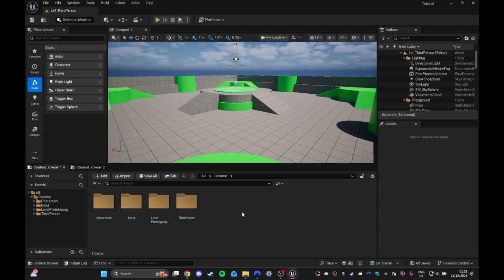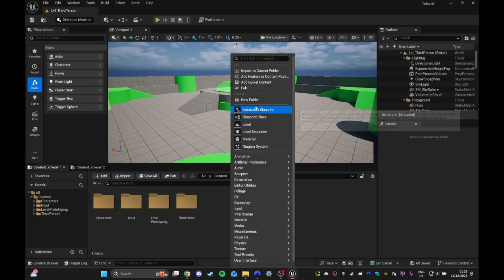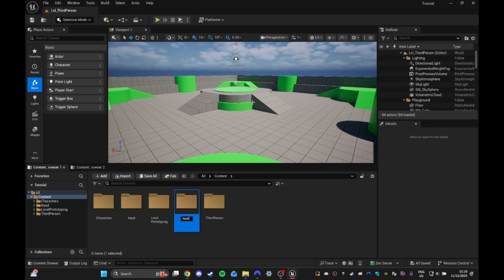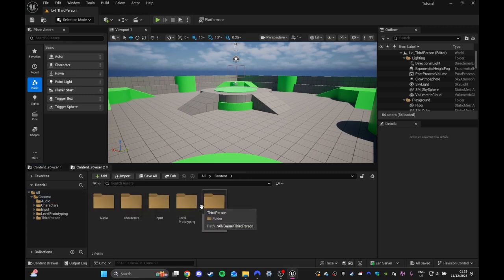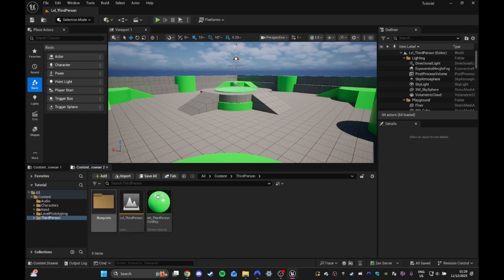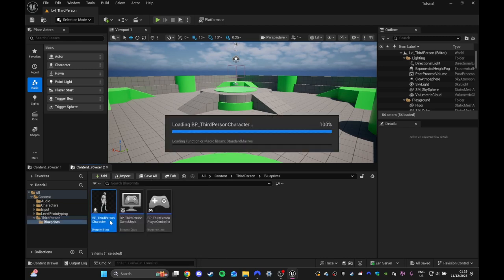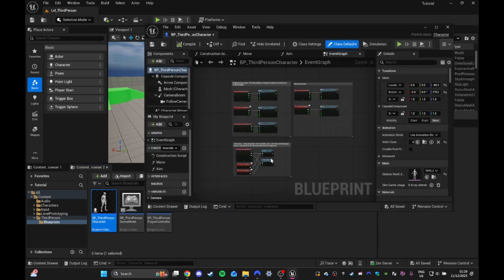So in this browser one, we're going to create another folder called audio. And this is pretty broad, and in general, you should probably create different folders for different types of audio, but for the purpose of this, we're just going to use one. And then in the other one, we're going to go to the third person folder. The level is already open, and we're going to go to blueprints and third person character. And we're going to find the